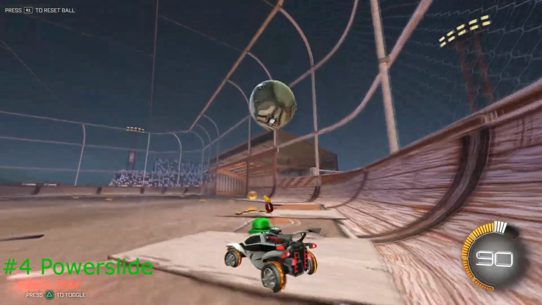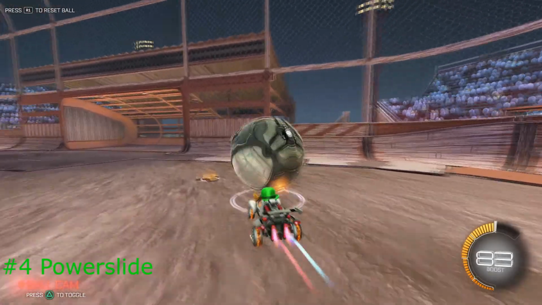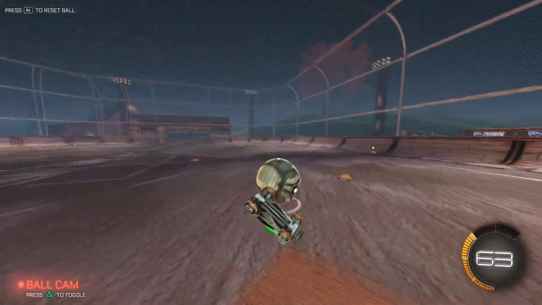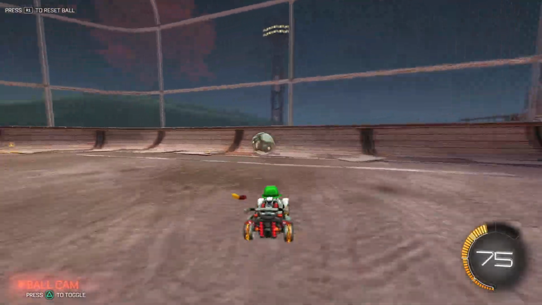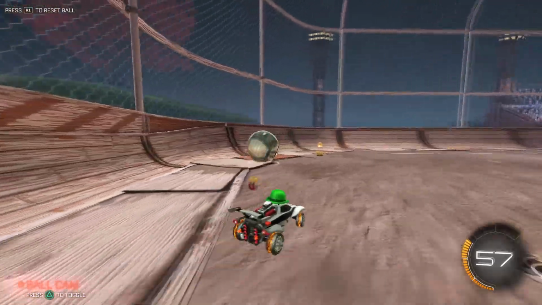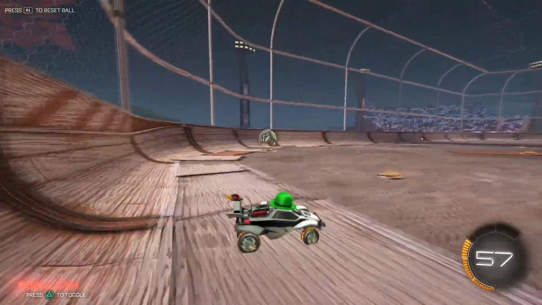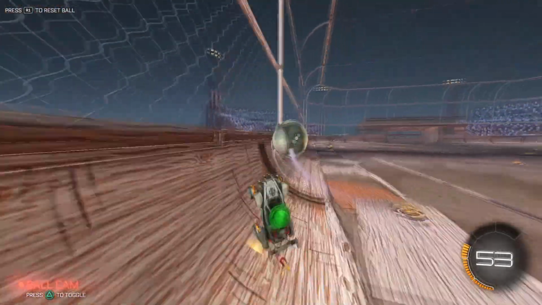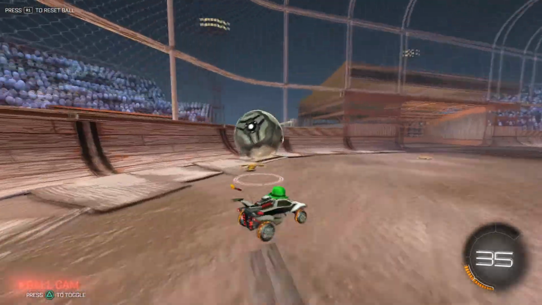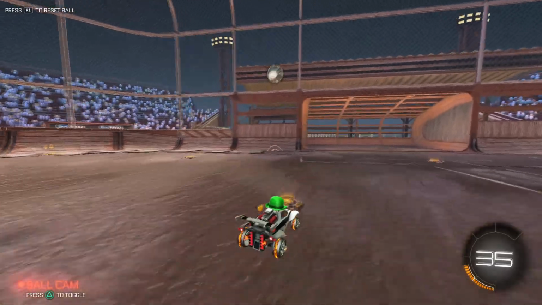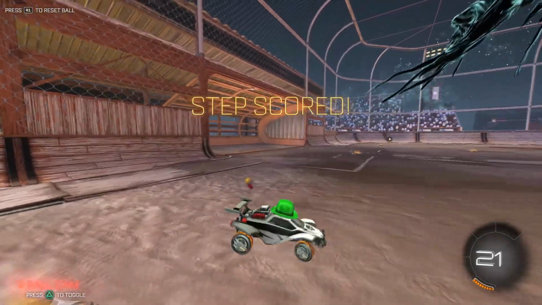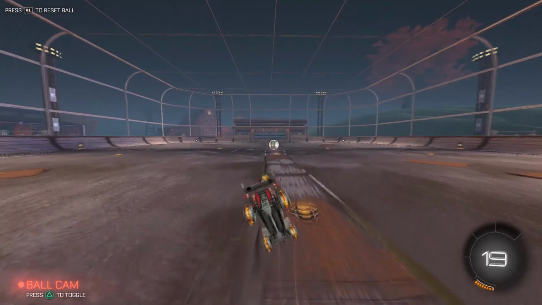Okay, so tip number 4 on this list is use power slides. I can't tell you how many times I've struggled with this. You want to use power slides because it gets you in position so much quicker than if you had to manually turn your car around. I do this so much and it really annoys me and hurts me, because I know that I should be using power slides more. You guys want to get into the habit of using your power slide when you have to turn to get to facing the ball quickly,